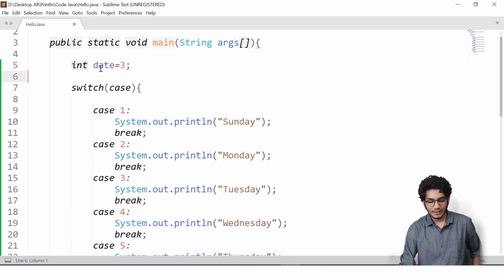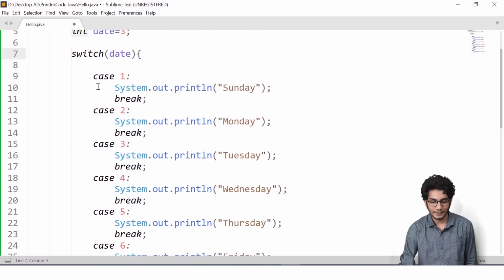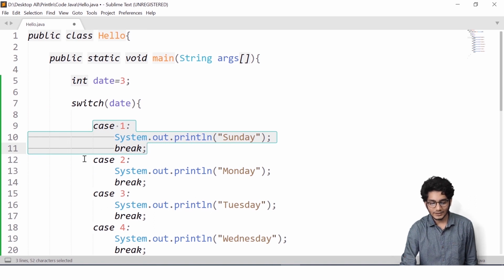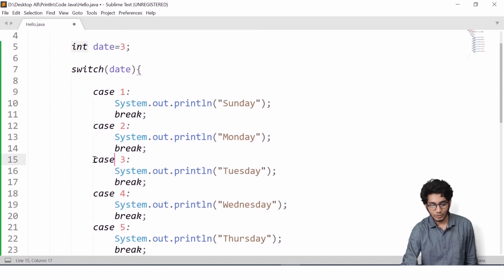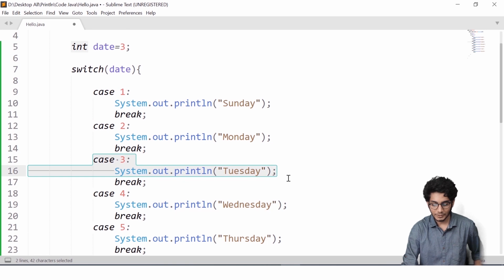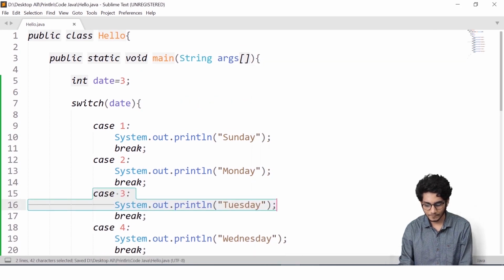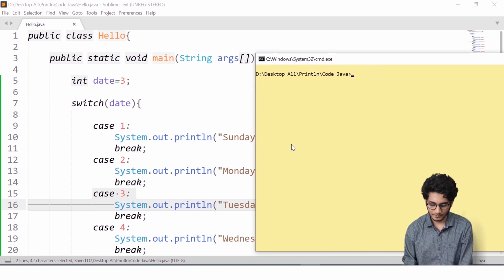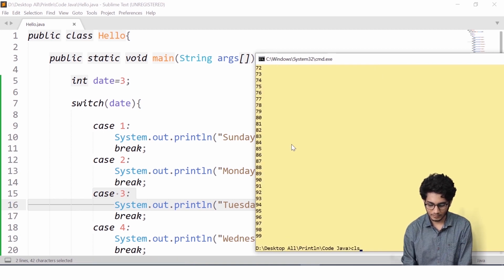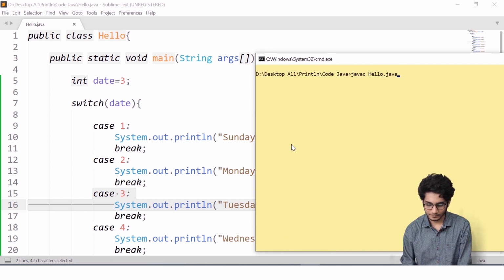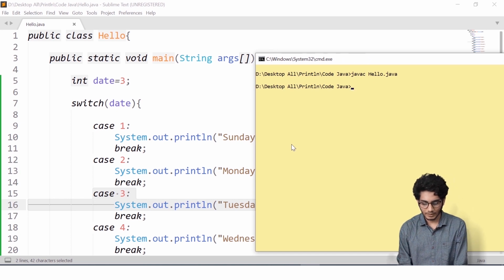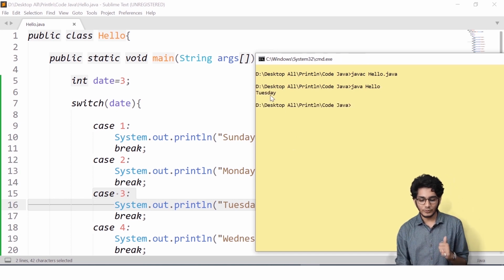At first your date will go to the switch and it will find the respective case for your date. Case 1 will not be executed, case 2 will not be executed, so it will go to case 3, and case 3 will be executed. Let me compile this code and let's see the output. We have compiled that successfully and we are getting Tuesday.